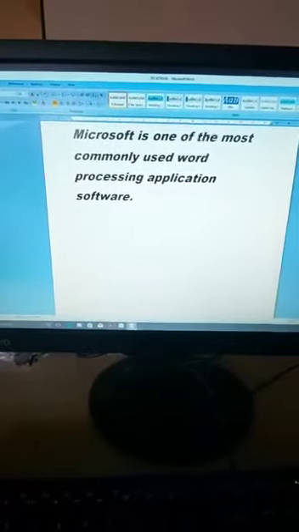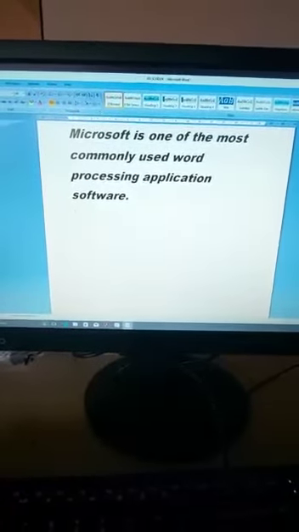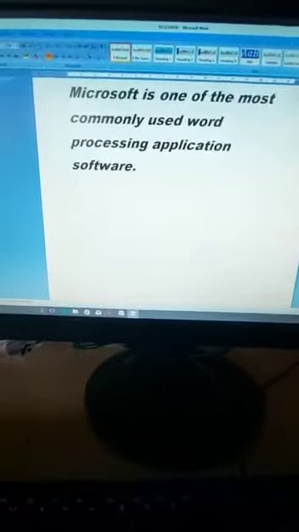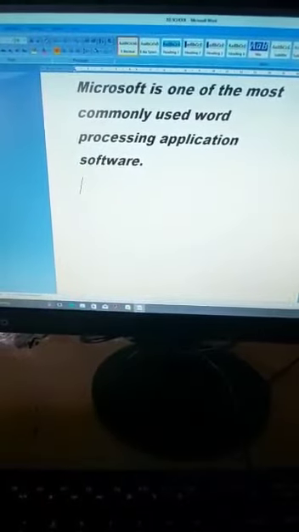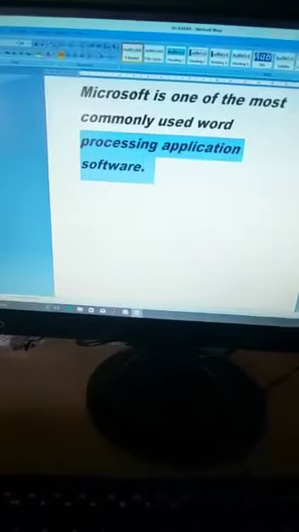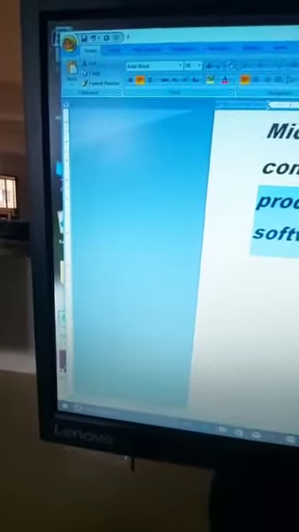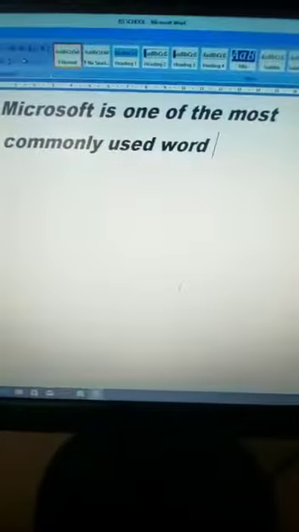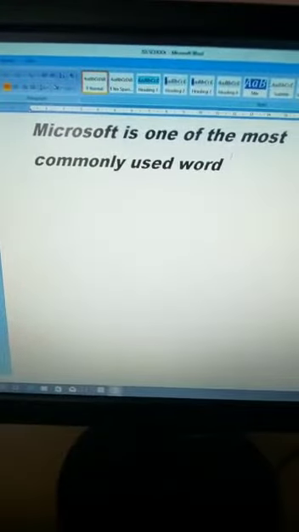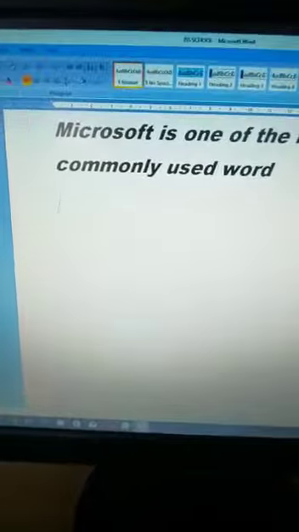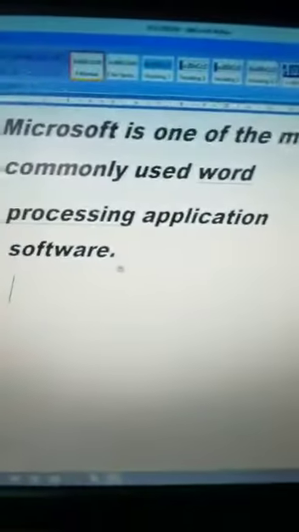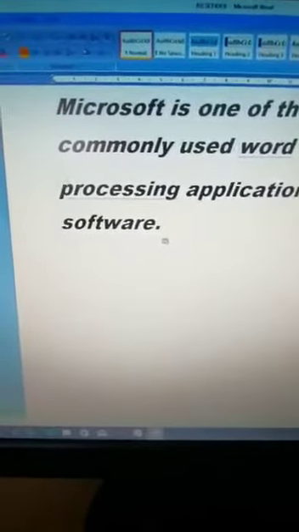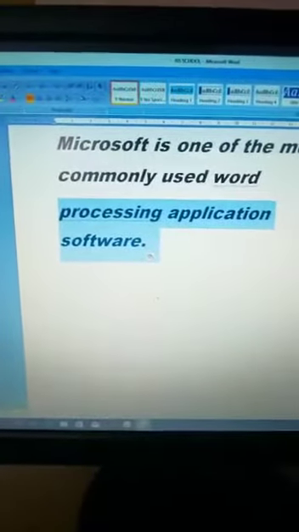Next we will learn how to move the text, that is cut and paste option. So what you'll do, similarly I want to cut this much, processing application software, this much I'll select, go to home button, like as usual you go, say cut. Okay, that much will be gone. See, that part which we had selected is gone. Now again place the cursor here, I want it here. Click there, then go to home and say paste. See here, the processing application software, this much again it came, which you had cut.